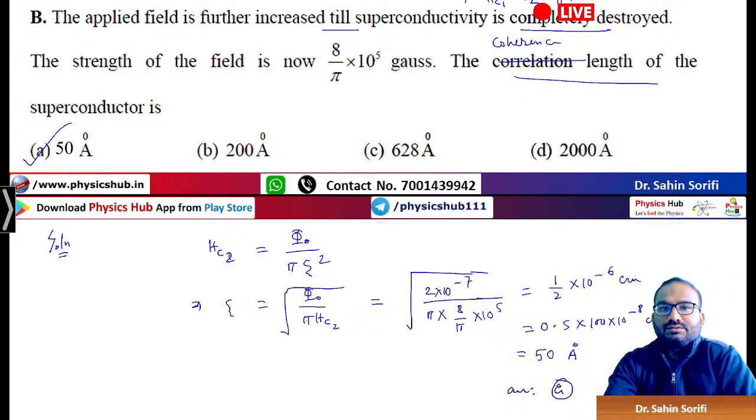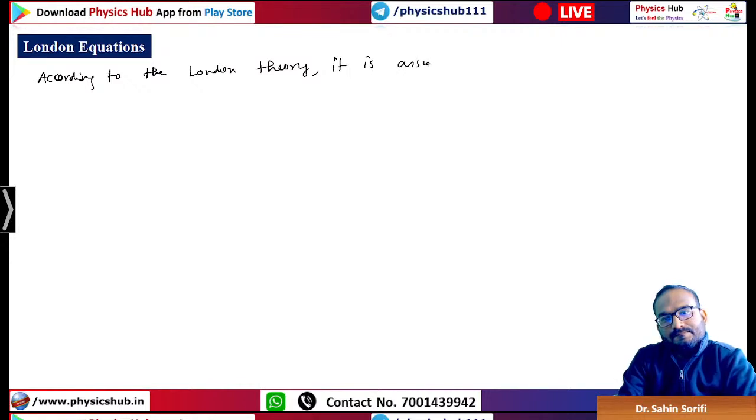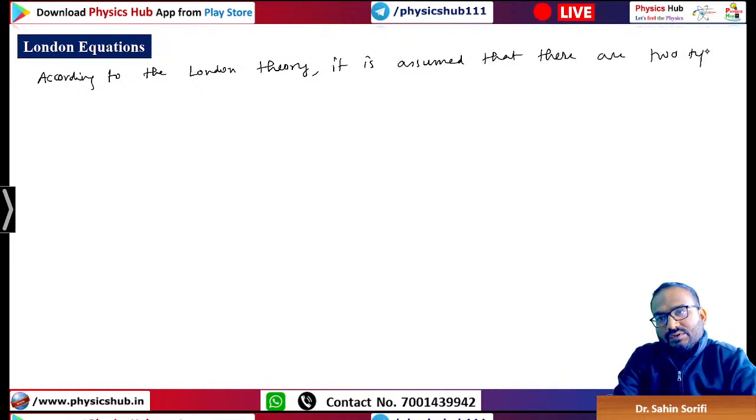Now we need to know two equations, those are called the London equations. Okay, so just write a few lines on the London equations. According to the London theory, it is assumed that there are two types of conduction electron